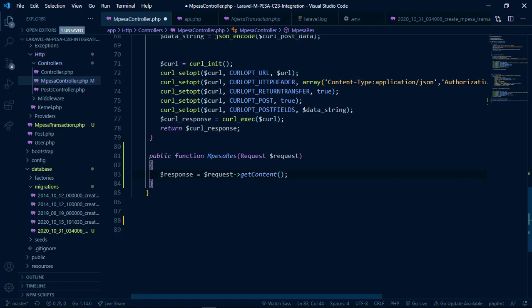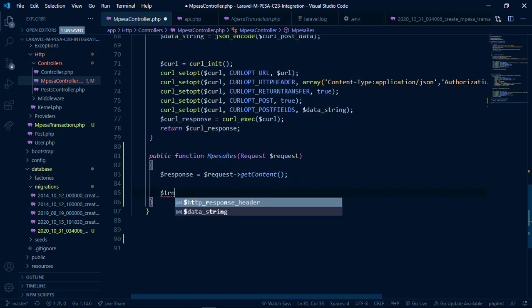Get content method like that. So this is going to get the content that will be coming to this URL, and then after getting that